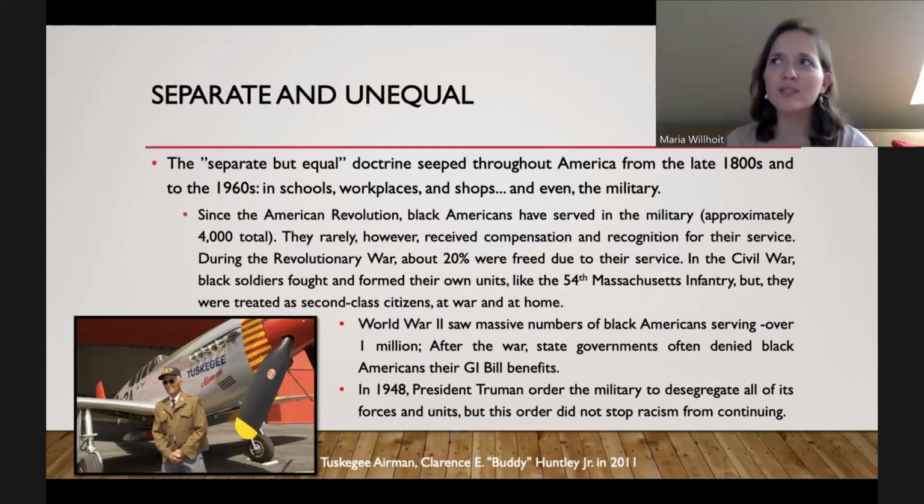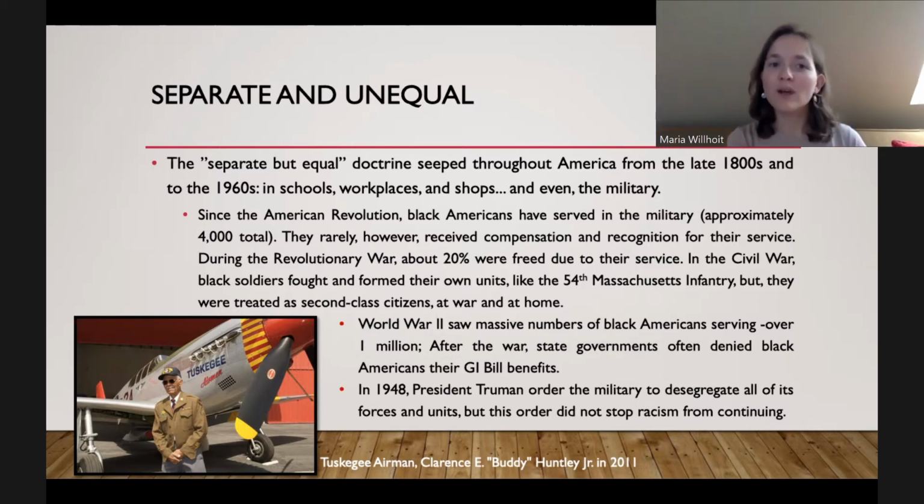And I'm very sorry, guys, I'm going over time, but I do need to mention this next part. I'll try to go quickly through it. It's just a couple more slides. We have the continuation of the separate but unequal that we saw during Jim Crow, where you have separate facilities and separate policies for Black and white Americans, but they were supposed to be equal, but they weren't. We have this continuing from the late 1800s to the 1960s.